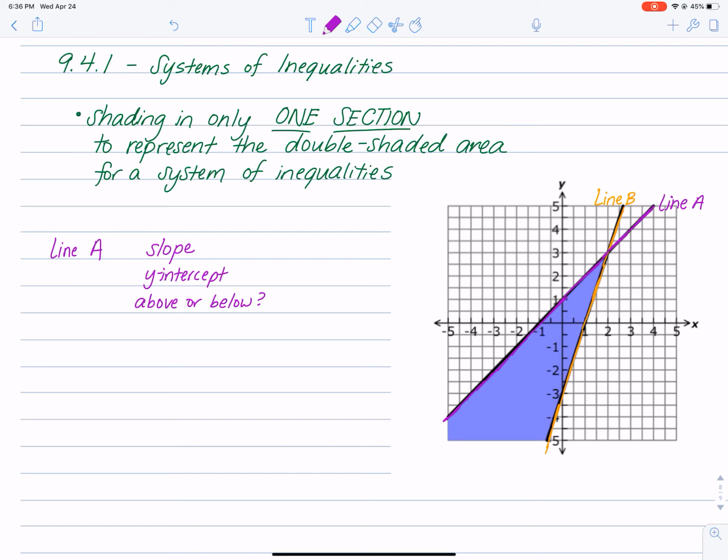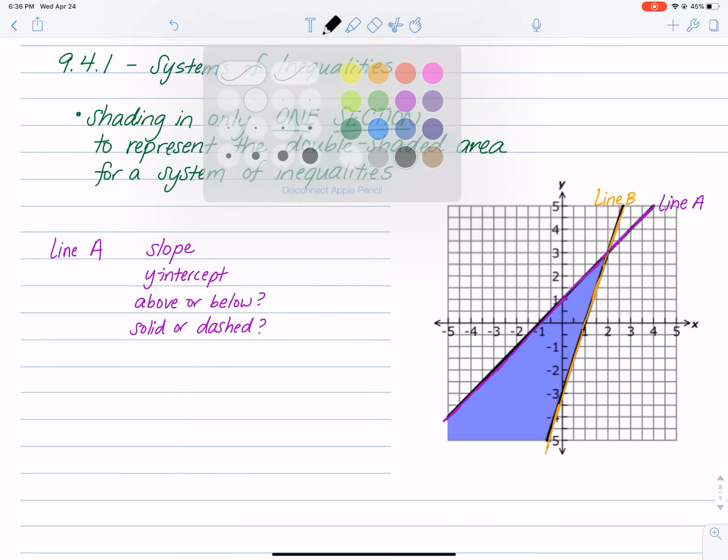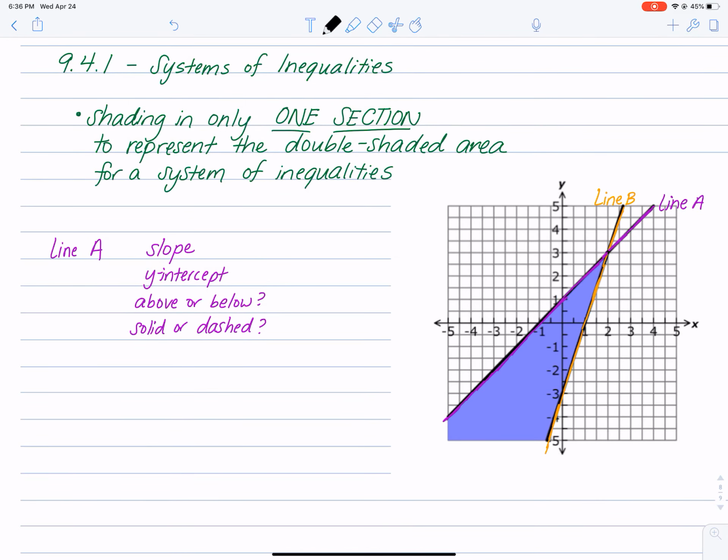Meaning, is it going to be greater than or less than? And then also, is it solid or is it dashed? Those are our four questions to be able to generate the inequality. Again, solid means less than or equal to, greater than or equal to, and dashed means just less than, just greater than. So let's start by finding those lattice points. We've talked about those a lot this year. We always want to start with exact coordinates, not ones that are in half of a line or anything like that. So it looks like I'm going to choose those two as my lattice points for this one,